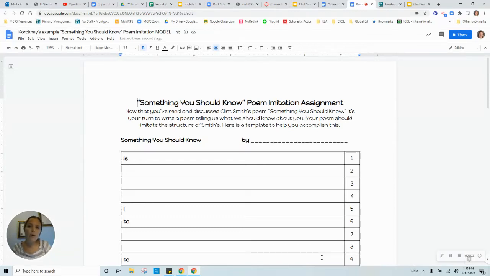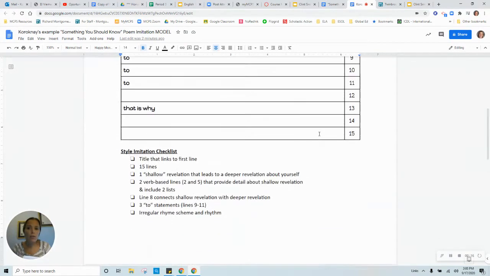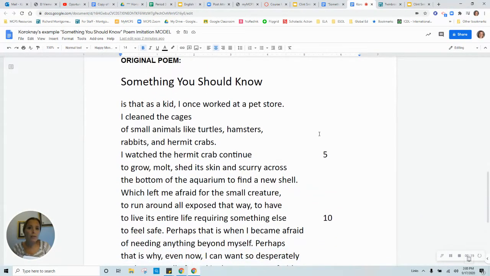Hi students, so I'm going to walk you through how to complete the Something You Should Know poem imitation assignment. The first thing you need to do is make sure that you have read Clint Smith's poem, which is actually on page 2, Something You Should Know. The title of the poem is Something You Should Know, and if you pay attention, the title of the poem right here actually continues into line 1. So the poem begins with the title, Something You Should Know, is that as a kid, I once worked at